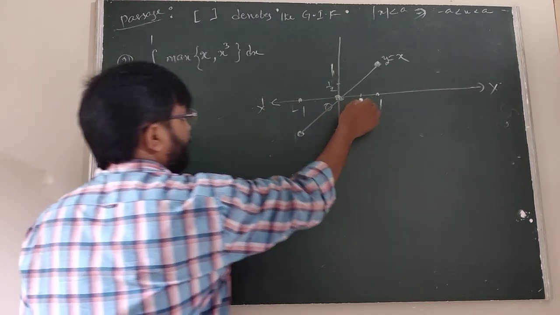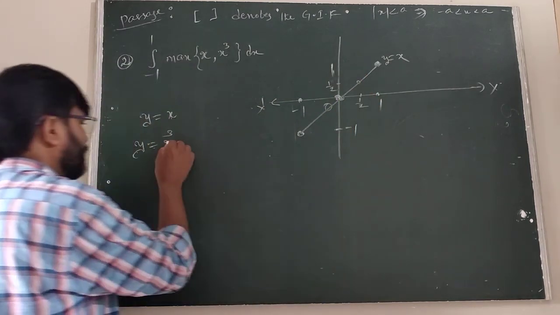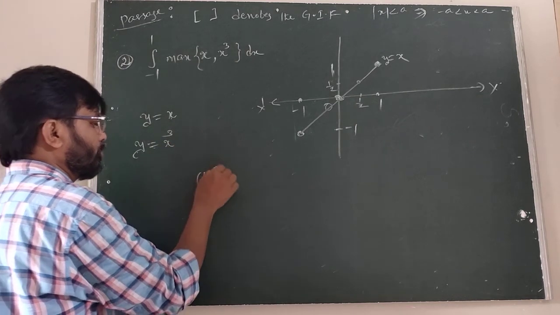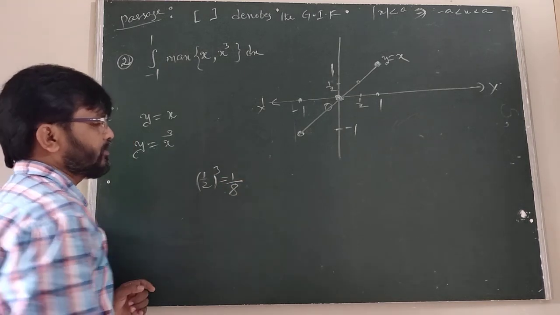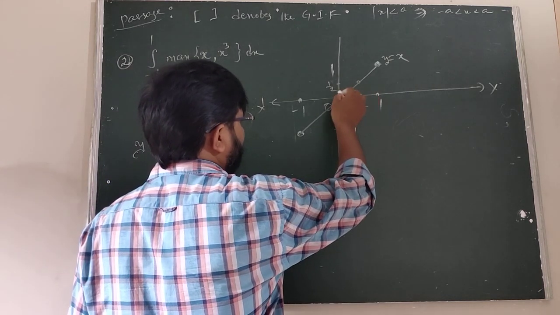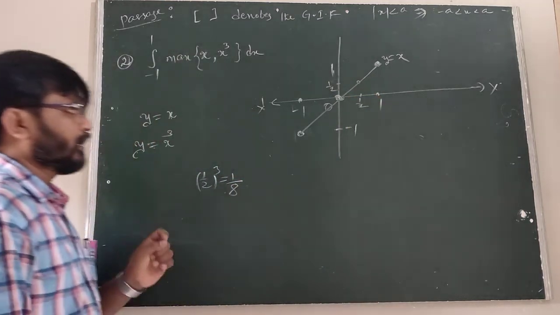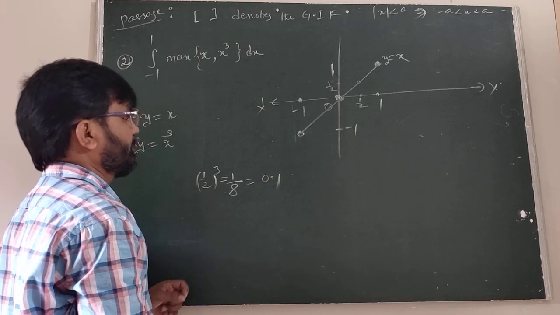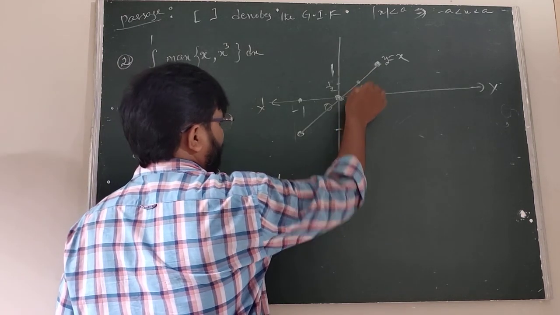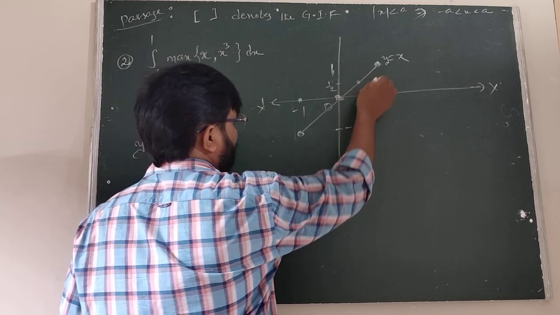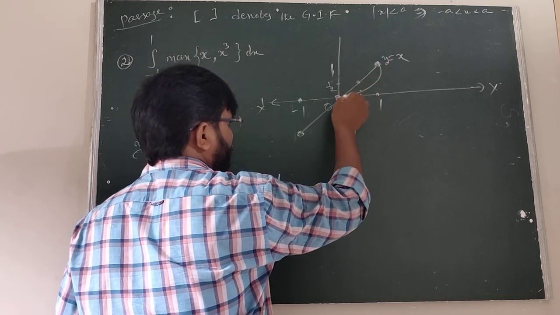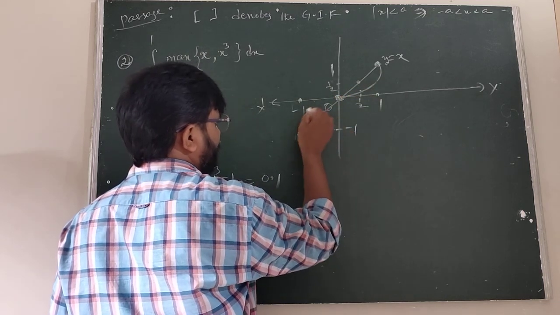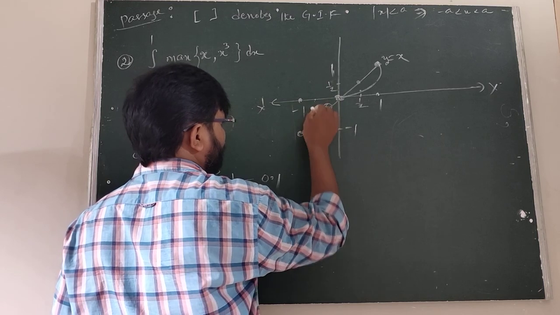Therefore, for this, 1 by 2 is the 1 by 2 here. But when we are taking y equal to x cube, undoubtedly 1 by 2 whole cube is 1 by 8. 1 by 8 is 0.1, but 1 by 2 is 0.5. 0.1 means this one, the graph of this one. Like this. Suppose when we are taking minus 1 by 2, we get this one.